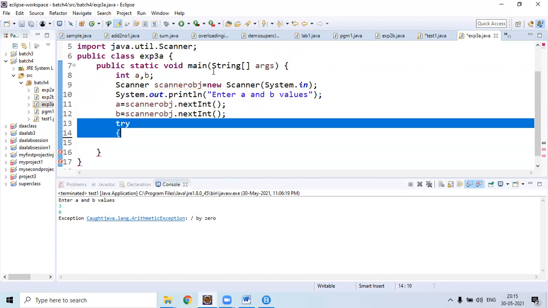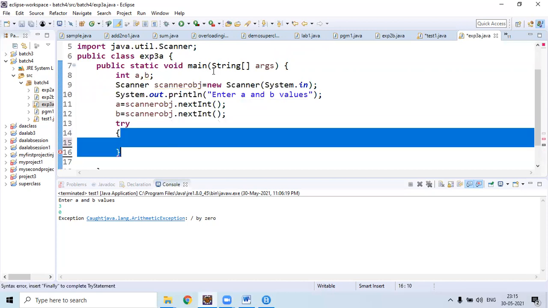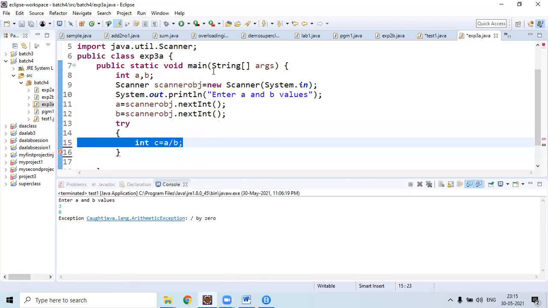After reading two integers by using nextInt method, then we need to write a try block. Inside try block, we need to place our code. Means code we need to test. Here code we need to test is a divided by b. So here consider one more variable c, int c equal to a divided by b.